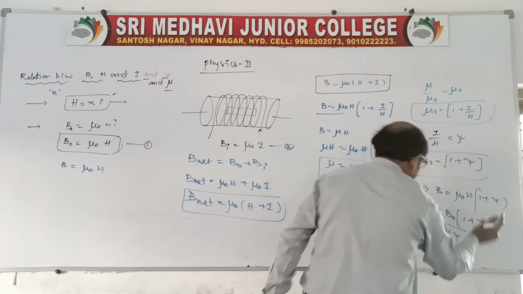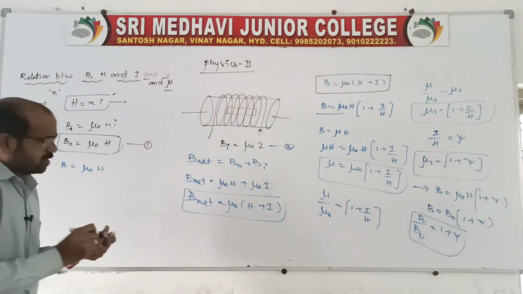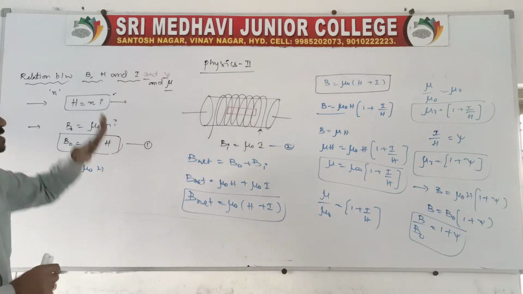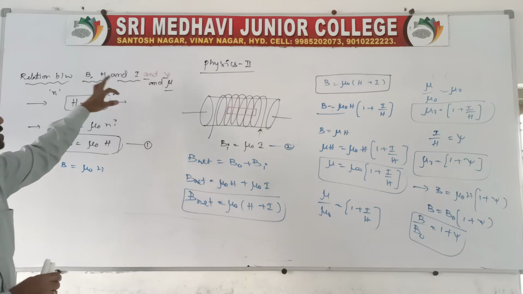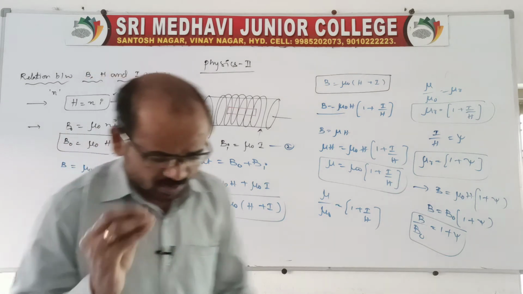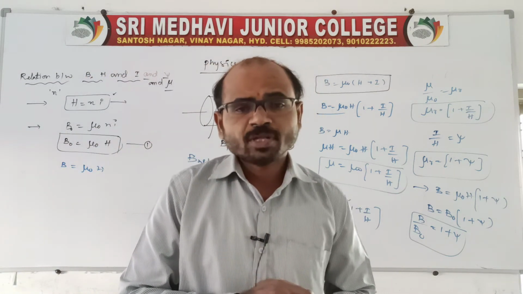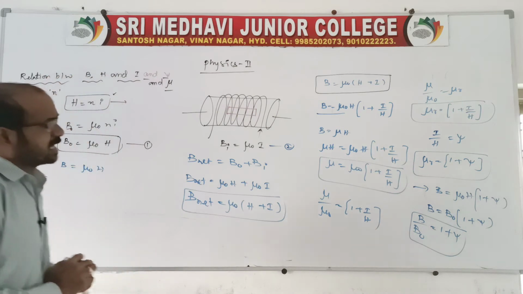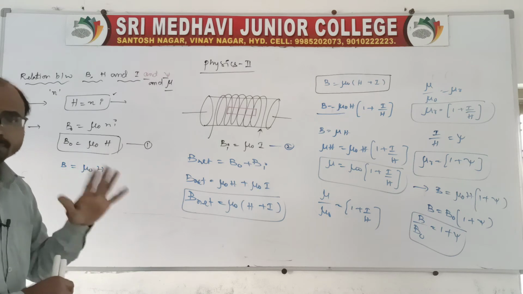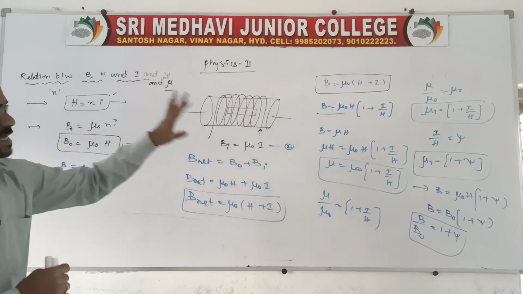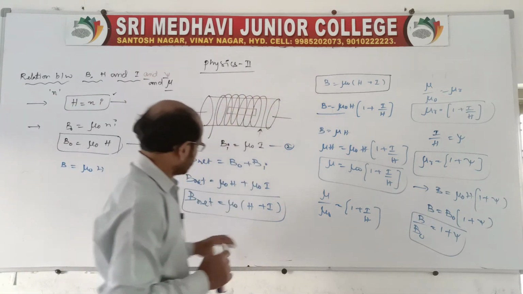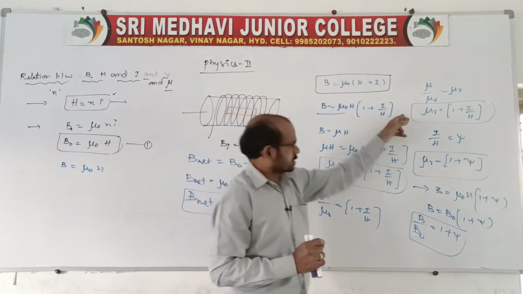Yes, we can write any number of expressions by using these relations. So this is about the relation between capital B, capital H, capital I, Xi and mu. These relations are important especially for objective exams like NEET and JEE Mains, but of course we have them in IIT also. On the basis of this we have problems also, and we will look into those problems. Before that, go through these expressions. You should remember this one, this one, this one and this one.